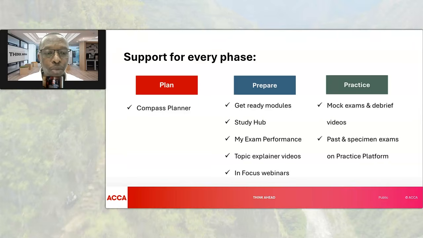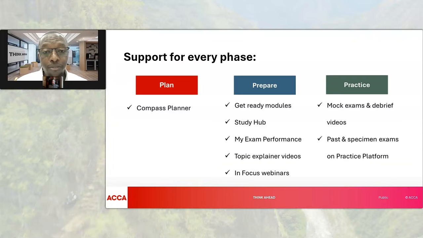So the mock is available on the practice platform. We encourage you to do it as early as possible, so you have time to review it, self-mark it on the platform, watch the debrief videos, and go back and see where you needed to have done something differently.